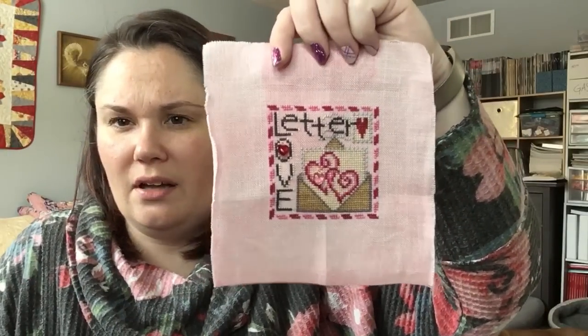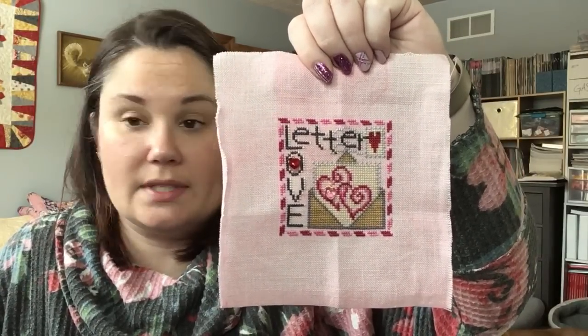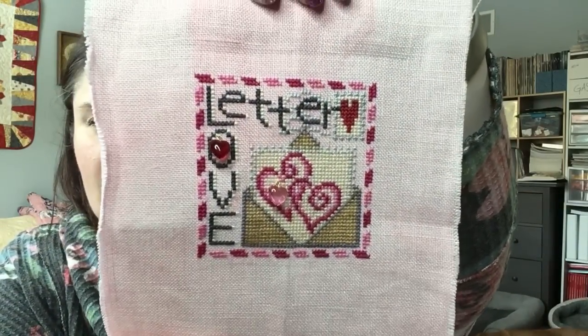Then I pulled out a Hinzeit pattern, Love Letter, super cute. And this is a mystery linen from my stash. This is all floss from my stash. There is a mix of color and cotton,